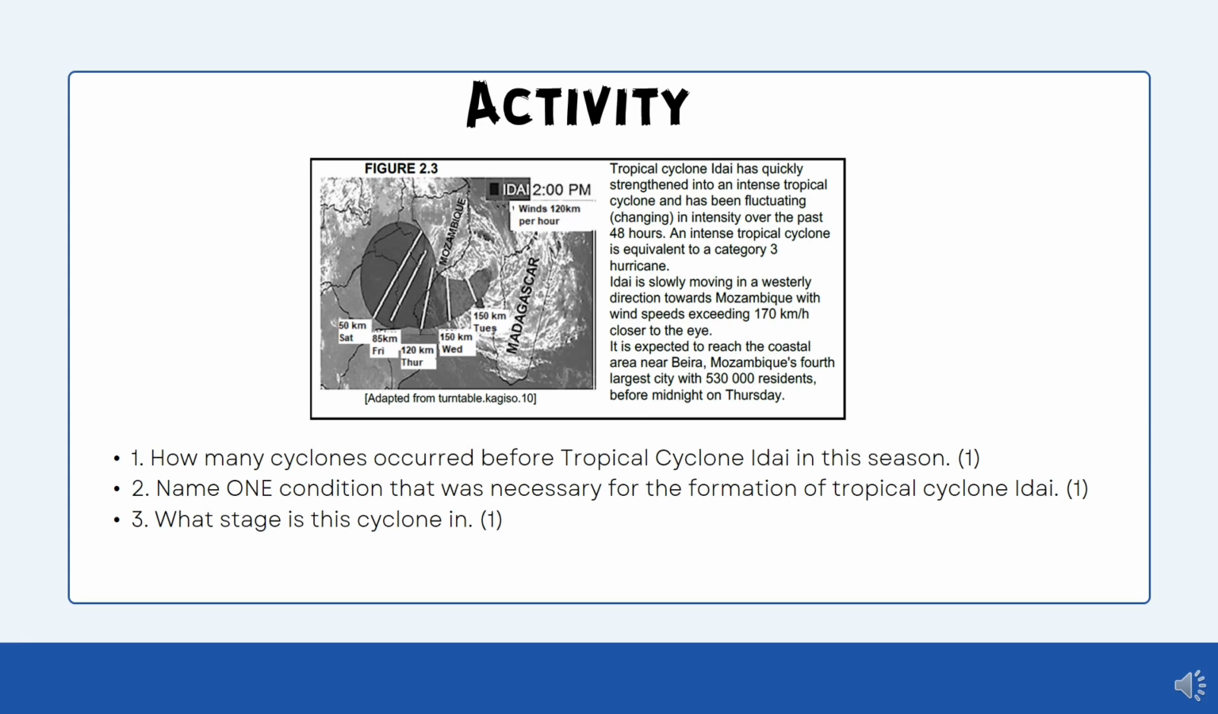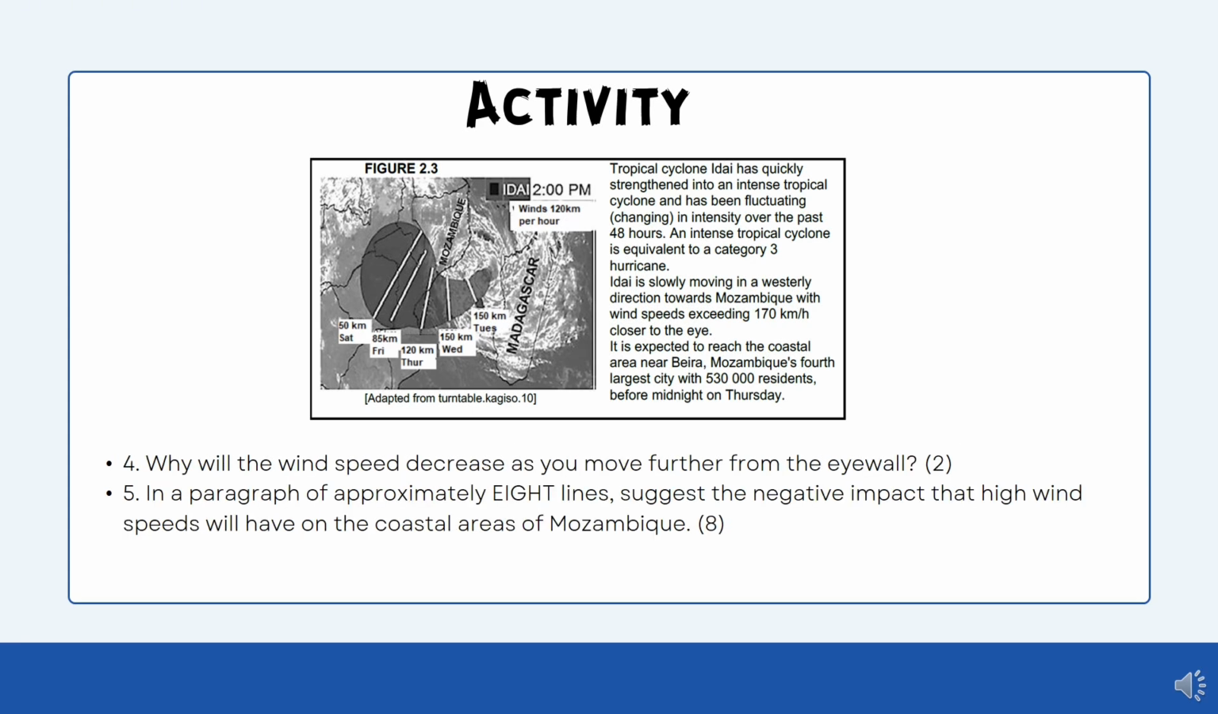And then here, what stage is this cyclone in? So with this, it's actually quite a tricky question, because if you read, they'll tell you that it's moving in a westerly direction, and the wind speeds exceeding 170 kilometers closer to the eye, blah blah blah. And if you know the different characteristics of the different stages, you would know that we would say a tropical cyclone has reached the mature stage if the wind speeds are greater than